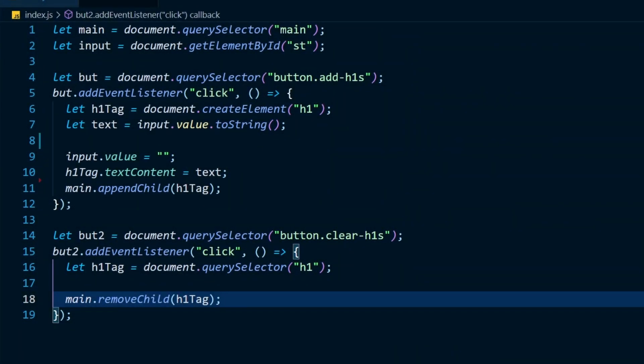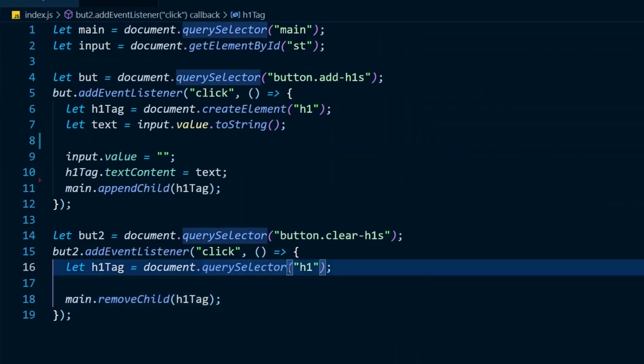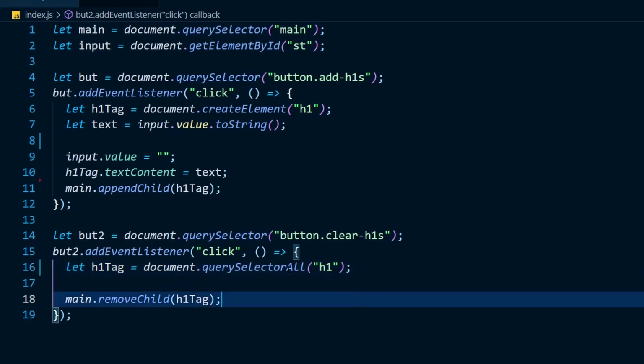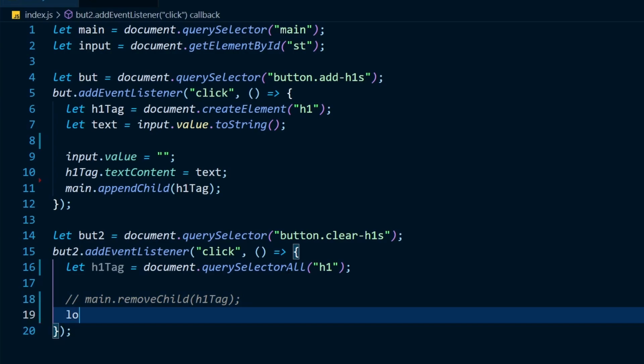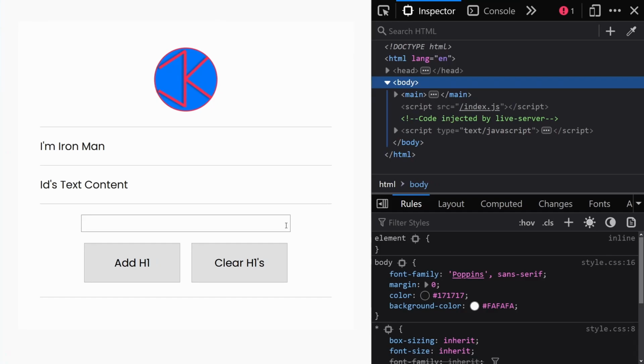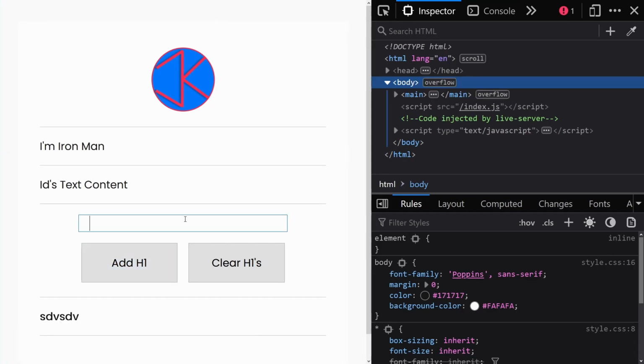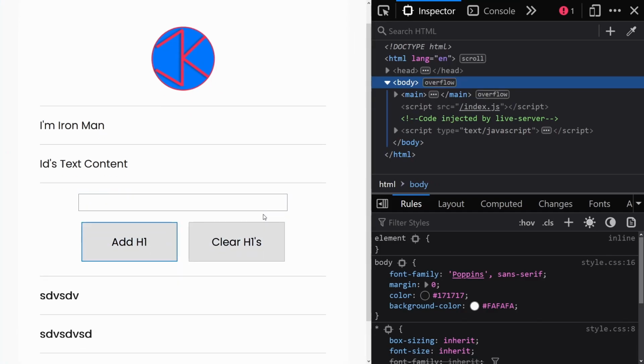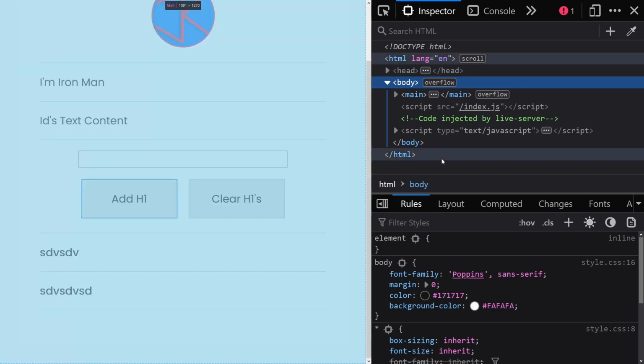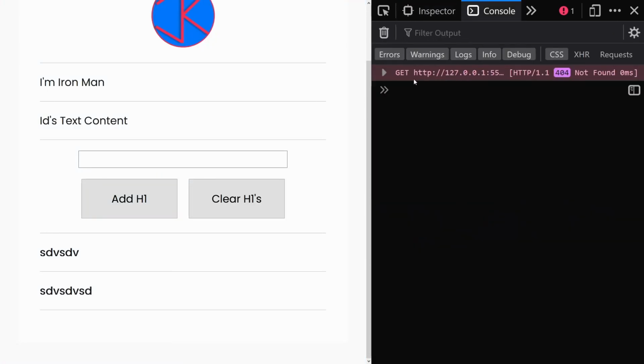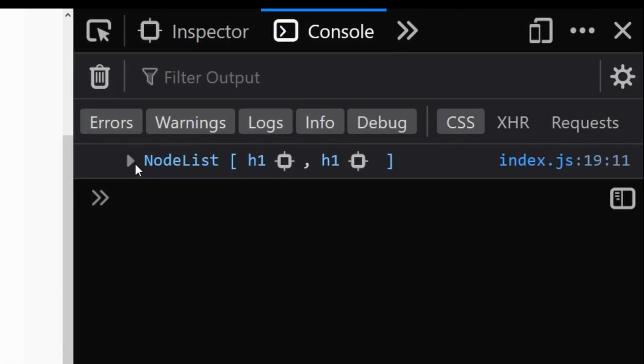Now I would also like to show you the query selector all. We also have a query selector all method, and this time instead of removing a child, let's just console.log the h1s. Now let's write something and add a couple of tags here. And now let's go to our console, and when we clear h1s, as you can see, we get a node list.